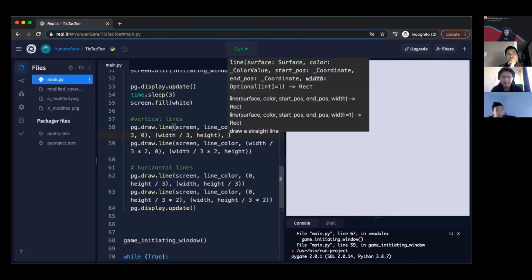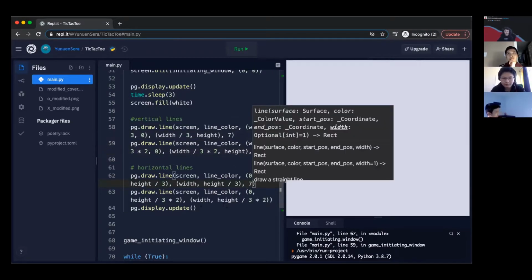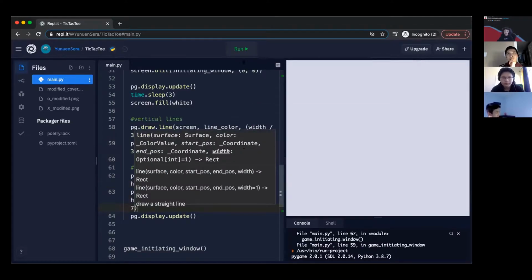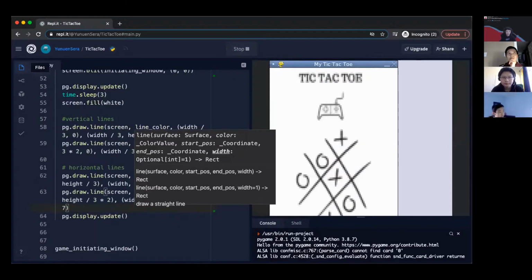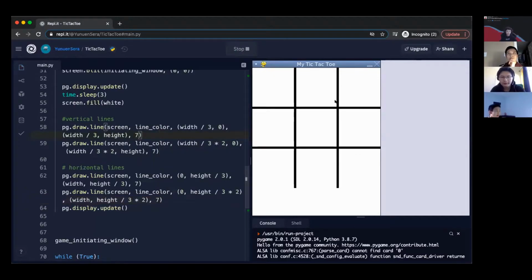By default, it's 1, but we can make it thicker, say 7, and see how it changes the lines. See, boom. Now they're way thicker and they're way easier to see. So now, boom, we have our base